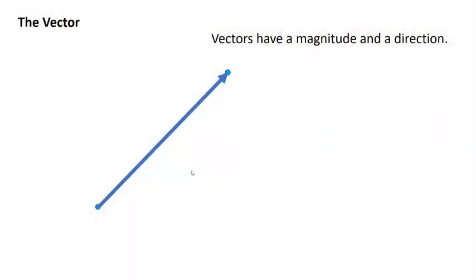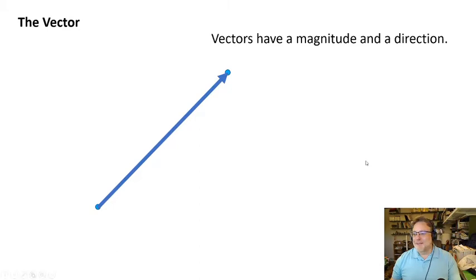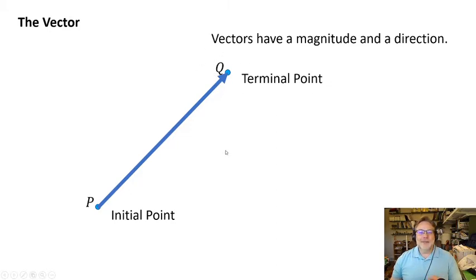So let's start here with defining what a vector is. A vector is, like I said, something that has a magnitude and a direction. Its direction is represented by the direction of this arrow, and its magnitude is represented by its length. In so doing, we can describe this as what's called a directed line segment, one that starts at an initial point, which we'll call P,